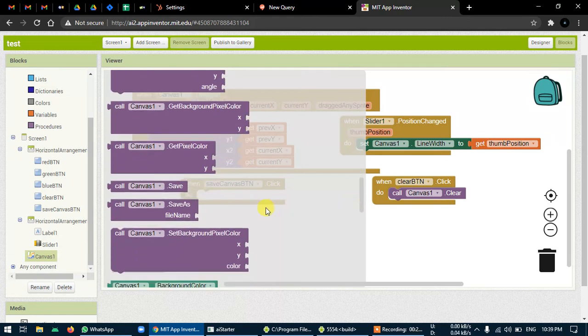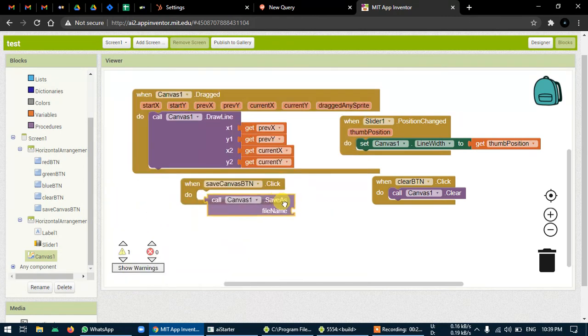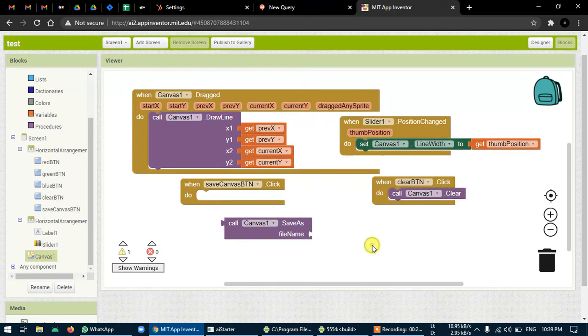Now there is a conflict. If you are choosing a file name, then every time it will be overriding the same thing, and that's the problem.